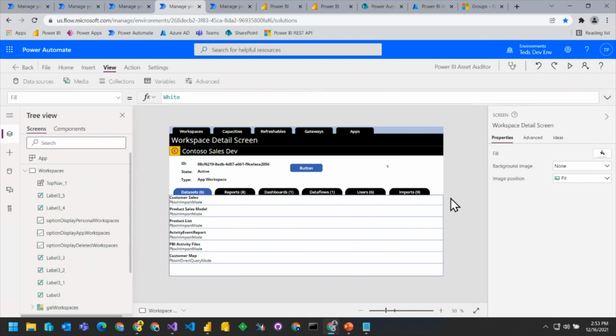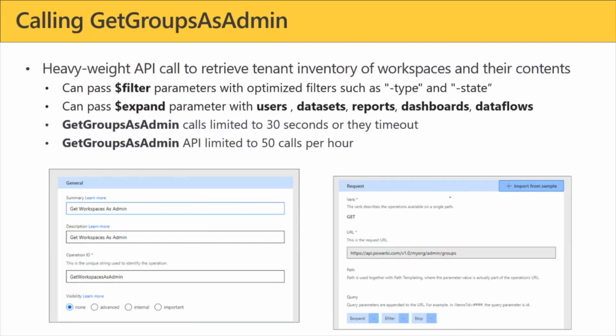Now, Get Workspaces admin is great. Okay. And you're thinking, can I just call this and can I have my cake and eat it too? And the answer is yes, as long as your cake isn't very big. So one of the issues with calling Get Groups as admin is, let's say you're in an environment that has 2,000 different workspaces, and you're saying, give me the top 100. And now each time you're making the call, you're trying to get back all the detail for 100 different workspaces. So what you'll find is that this only goes so far.